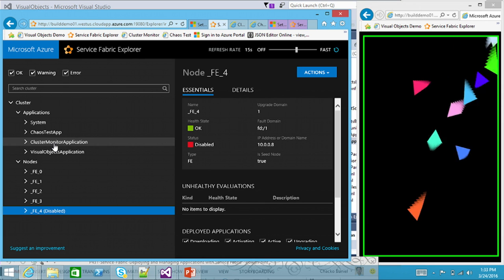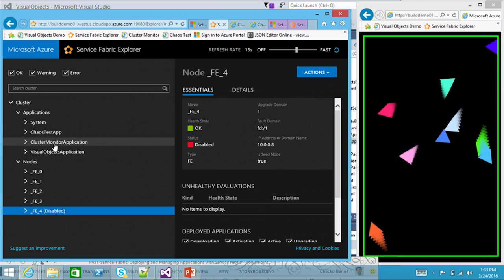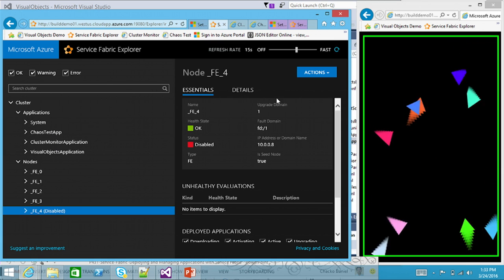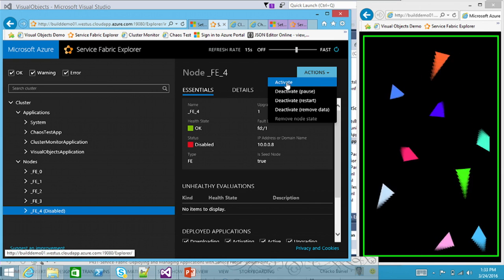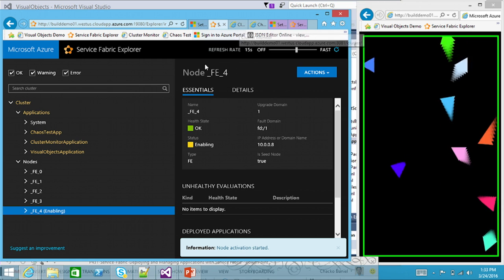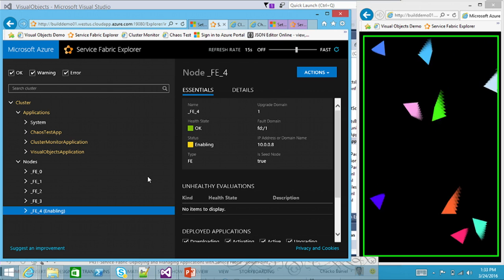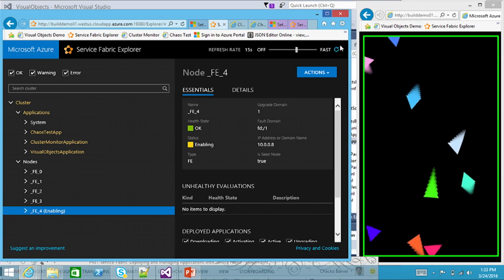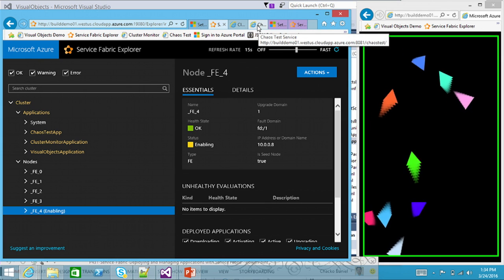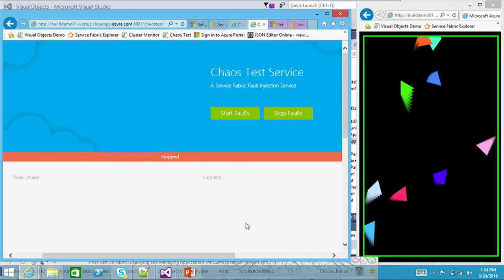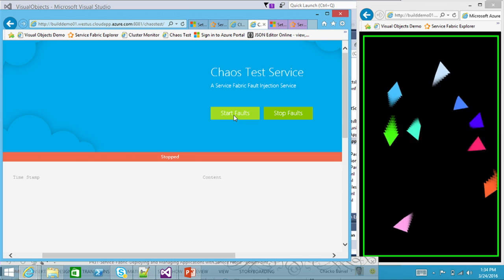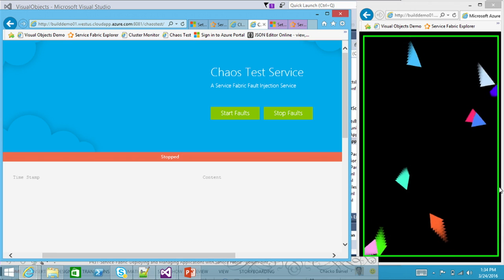So we do have a service which we provide, and then there's a sample which you can deploy. We call it the chaos test. So let me just first activate that particular node, so that's something which we don't need down. This particular chaos test app is something which I deployed to this cluster already, and you can get this from our GitHub account, and then you can do that as well. So this particular chaos test actually has a front end, so that you can just say, okay, let me start the faults. So the reason I have left this bouncing,